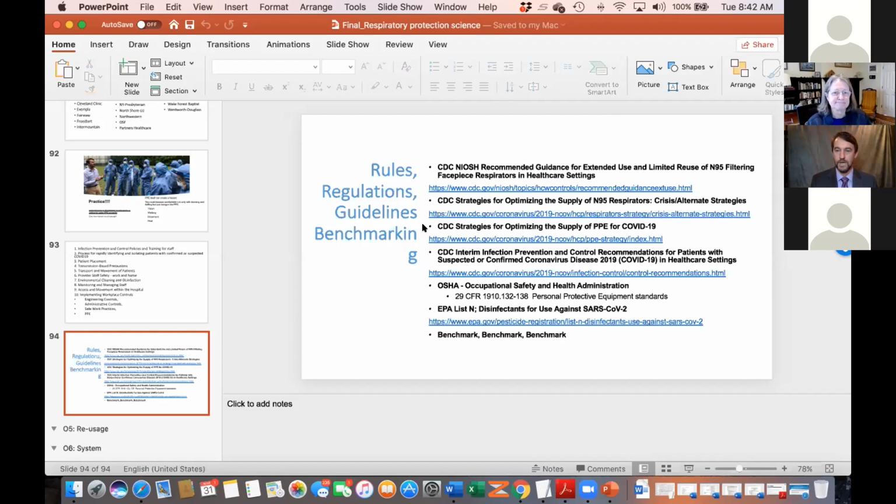And then we've got a comment in the chat that I'd like to address, because this is so important. Every hospital has a respiratory protection program. Those respiratory protection programs need to be ramped up right now as we start to look at combinations. The N95 is the minimum recommended by CDC and WHO. I prefer to wear a PAPR rather than an N95. As we start to see hospital administrations and other parts of the hospital say you can wear something else, it has to be based on a risk assessment.